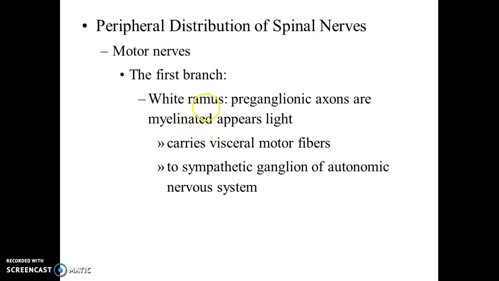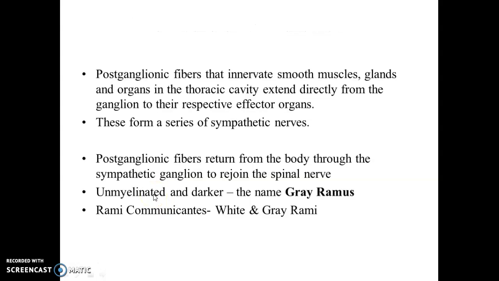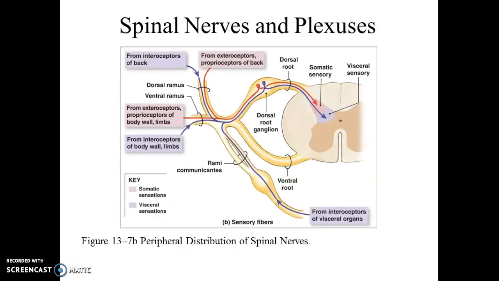Motor nerves. This talks about motor nerves, carries visceral motor fibers of sympathetic ganglion to autonomic nervous system. So coming in through the dorsal root would be afferent. That would be feeling, right? Sensory. Going out,